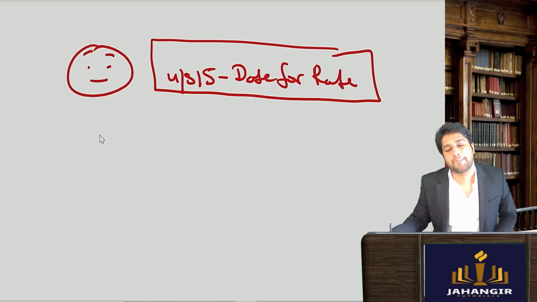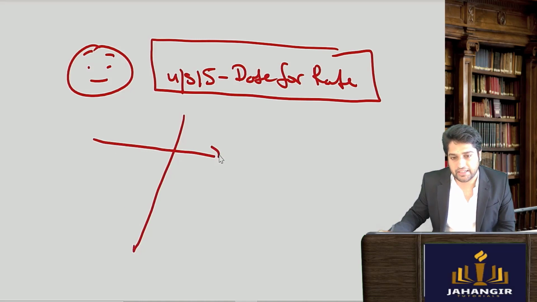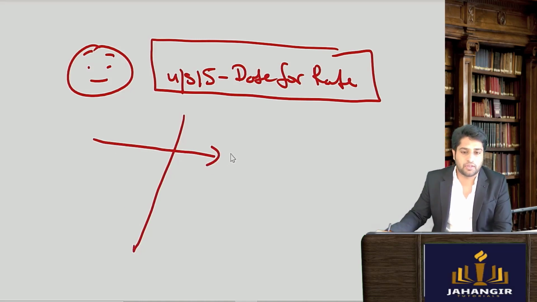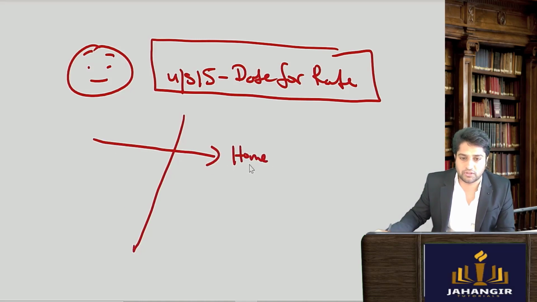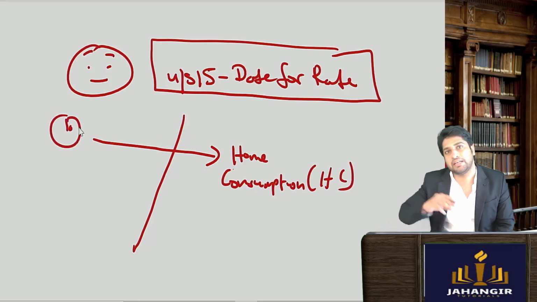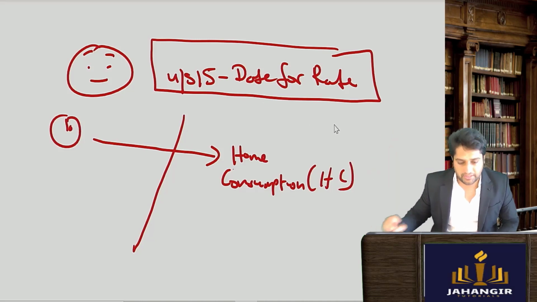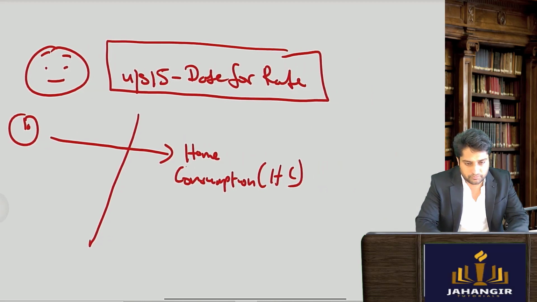There can be two scenarios. The first one is I directly take the goods for home consumption, I directly take the goods to be sold in the domestic market. If the goods have been imported and directly taken into the market to be sold, then the rate will be...